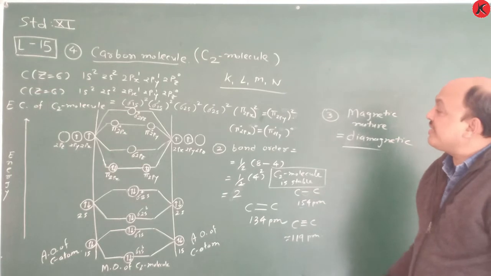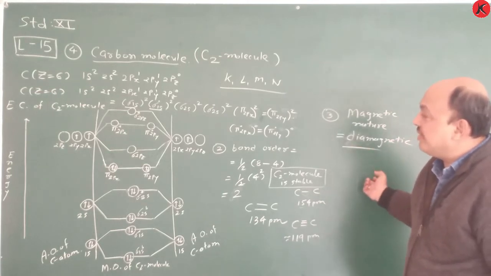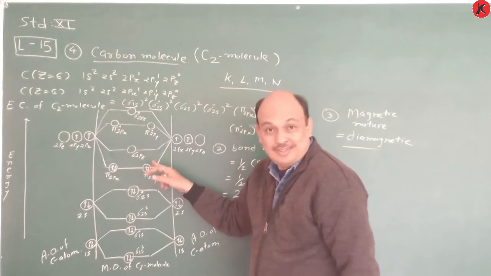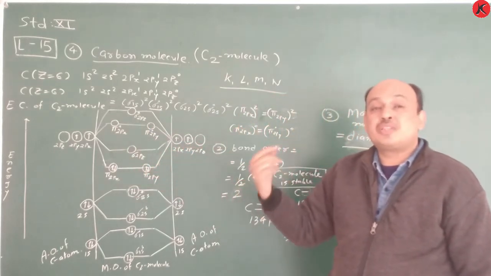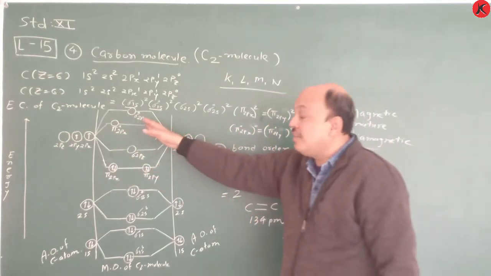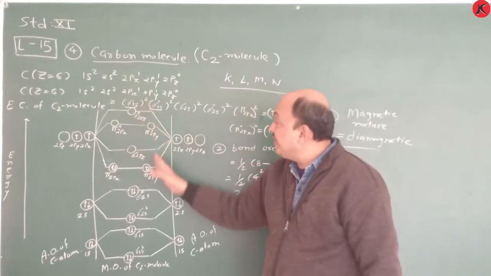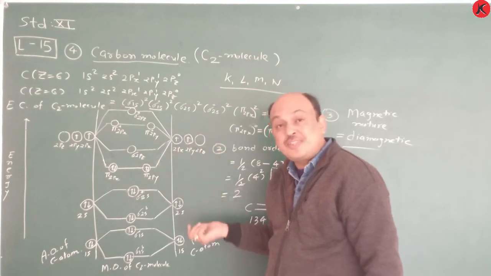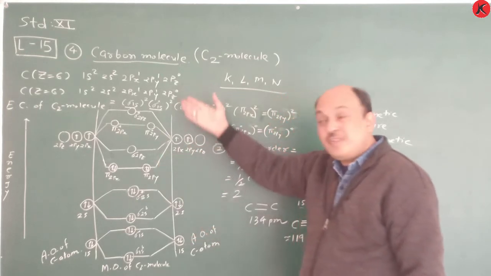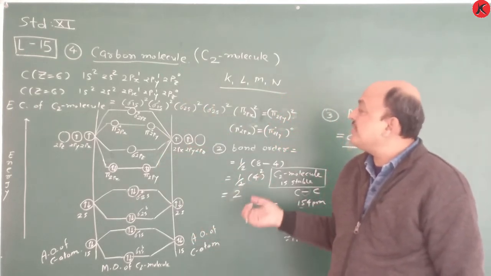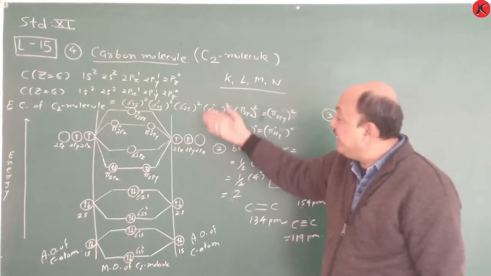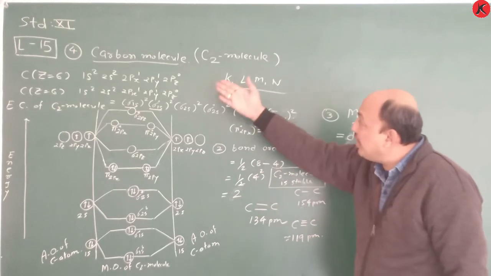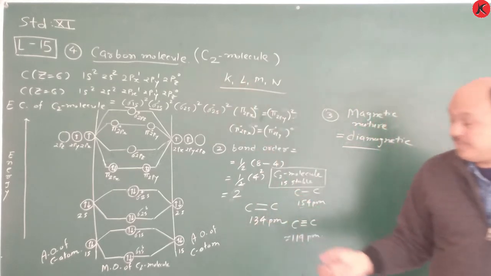So write it completely, take a screenshot of this, and you have to remember this one. Therefore, you switch towards the earlier topic in which I said that you take a screenshot of this. Okay, C2, and now the next one is the N2 molecule. So you have to follow the same way, and we write the N2 molecule completely here, but you write it completely from this lecture number 50 C2 molecule. Take a screenshot of this.